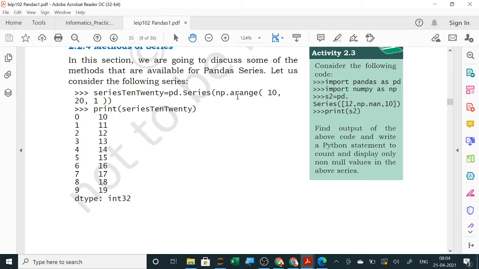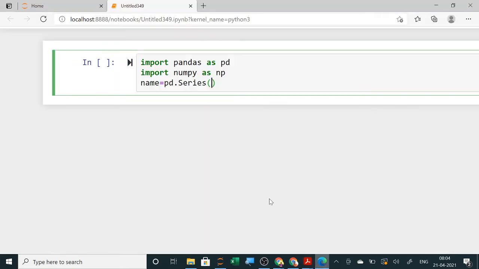So np.arange I will use here, and for 10 students I will start from 1, and the stop value will be 11. The step value is 1, even if you don't write it, by default it is 1.